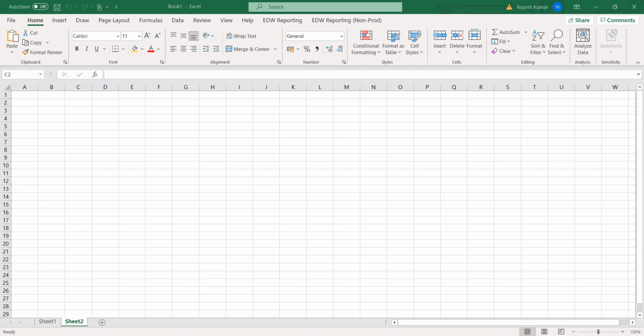Fact and dimension we have seen, right? Yes. We will have fact and dimension only. So we will have two categories of tables in the data warehouse.